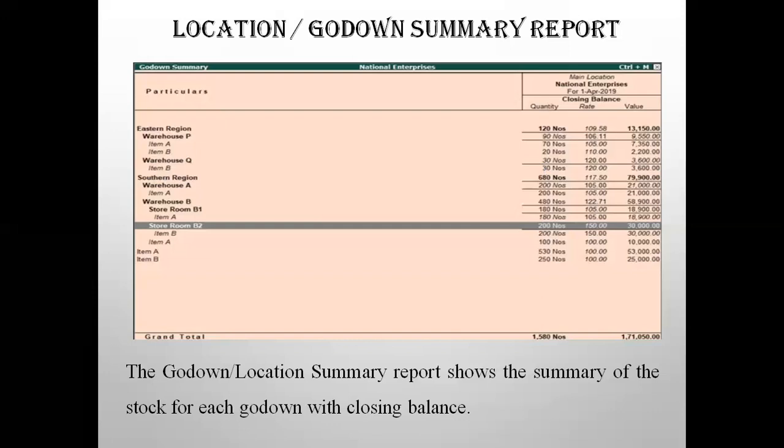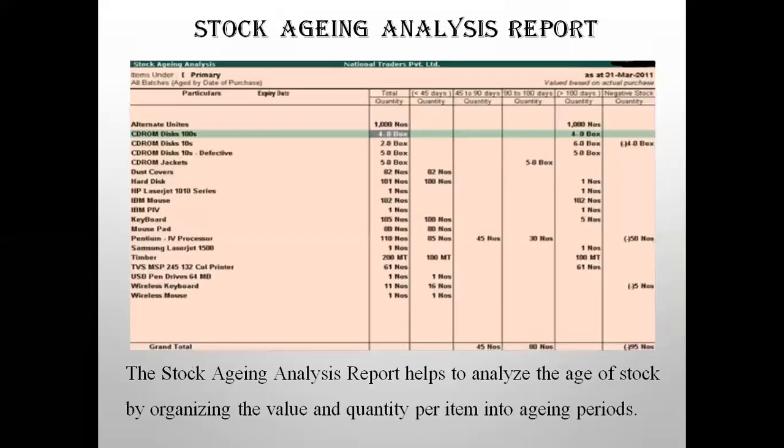So in which godown you have what items and how many, that consolidated view it shows you in this. If you want a monthly report, it shows you the stock item levels in the monthly report also, with the inward and the outward details. And the closing balance of the selected stock items are also shown in the particular godown. So this was about the godown summary report. It's all updated automatically.